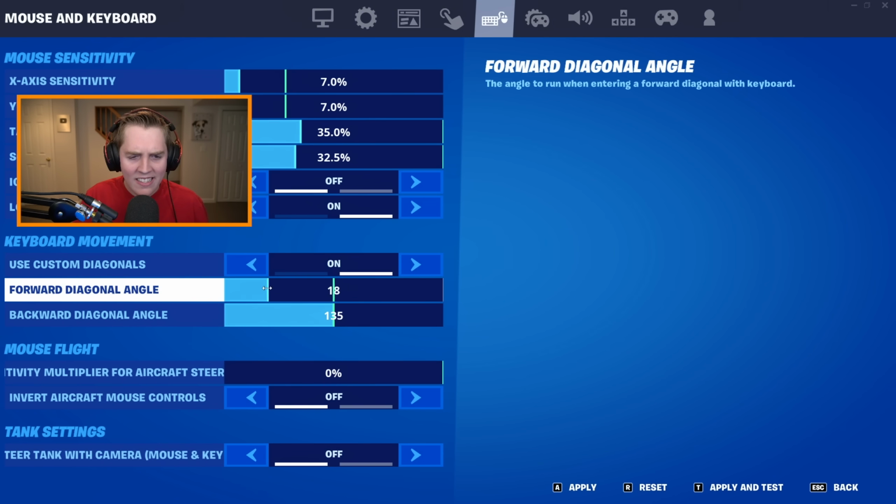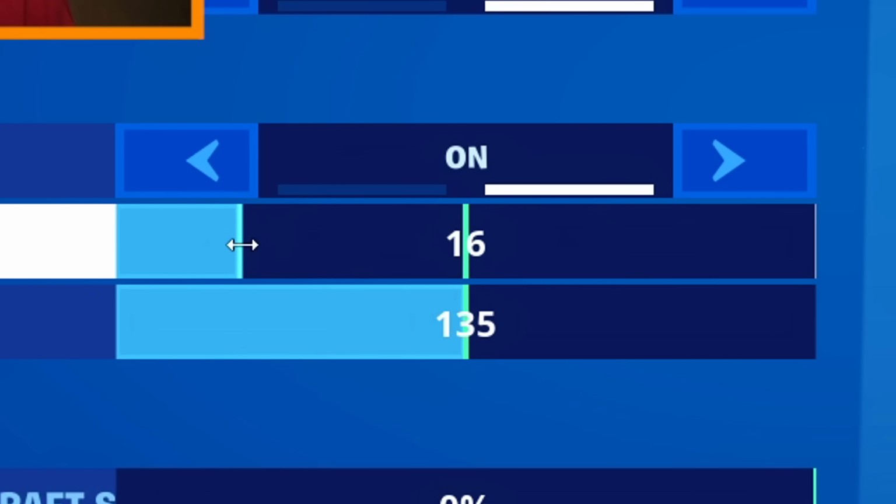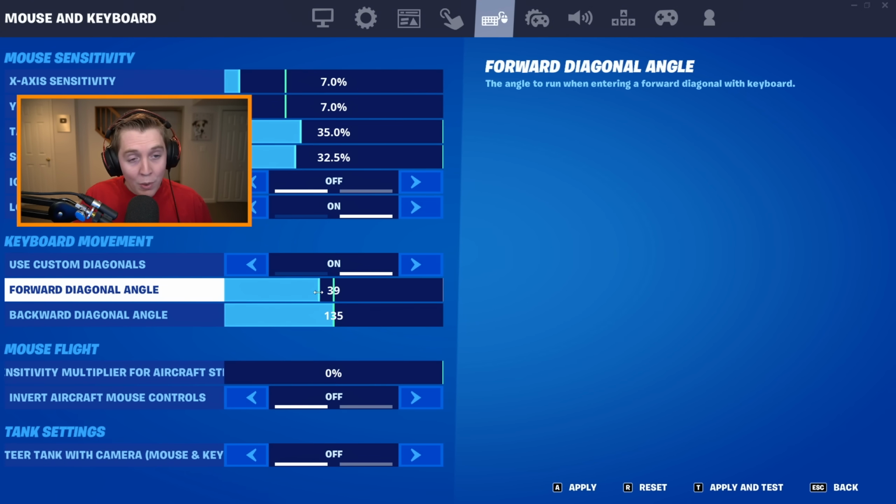Now, you guys know me. I'm not just going to tell you the best settings and then just instantly move on. I want you to understand the settings. That way you can test different ones out. You can find what works for you. Most settings are preference. So I guess starting with the forward diagonal angle, you can kind of read what it